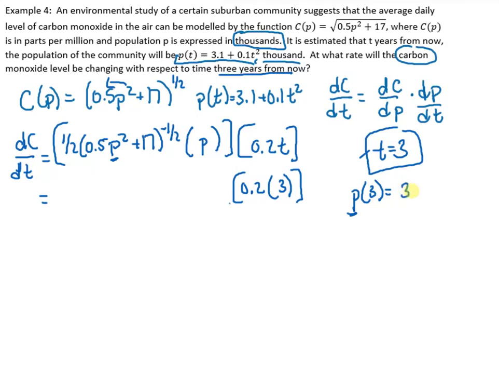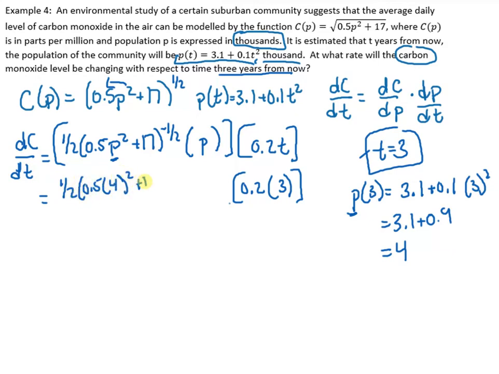Okay, 3.1 plus 0.1 times 3 squared. 3.1 plus, that's 9, 0.9, so I get 4. So simply, I'm going to plug in 0.5, 4 squared, plus 17,